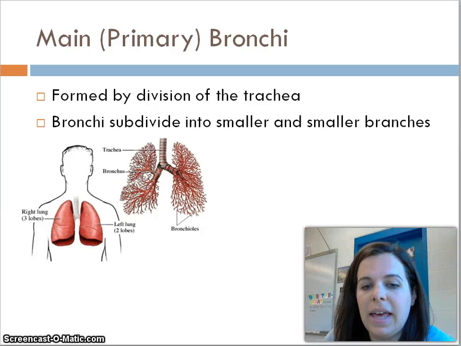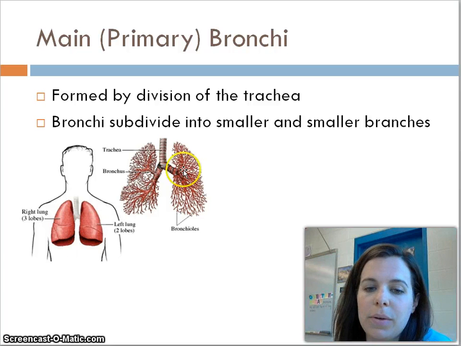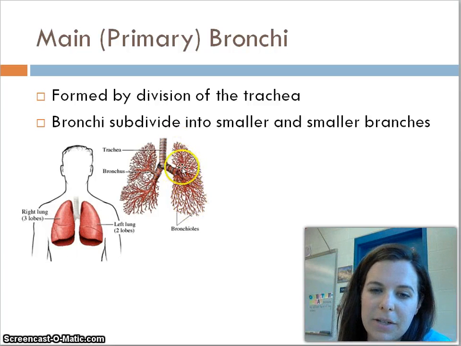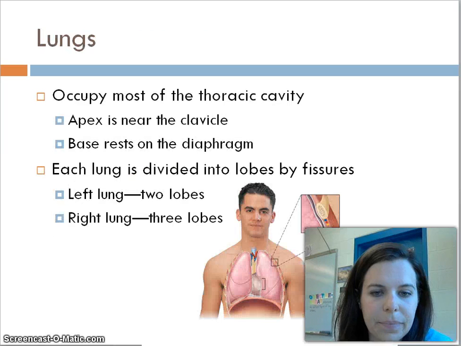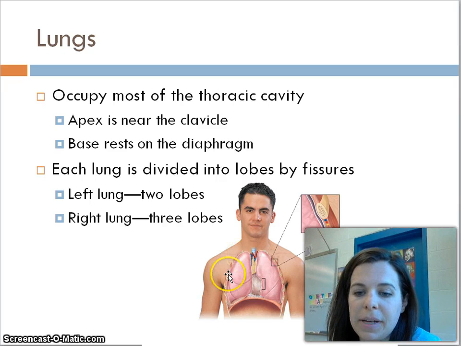At the end of the trachea, it splits off into the primary bronchi. And then those are going to split off into smaller and smaller branches in the lungs. So here we have a lung, and here we have the other lung, and you can see another picture right there. And then if we're talking about the lungs as a whole, they occupy most of your thoracic cavity, so from your diaphragm all the way up to where your clavicle is. And the base of the lung rests directly on the diaphragm. Each one is divided. The right lung has 3 lobes, and because of the location of the heart, the left lung only has 2